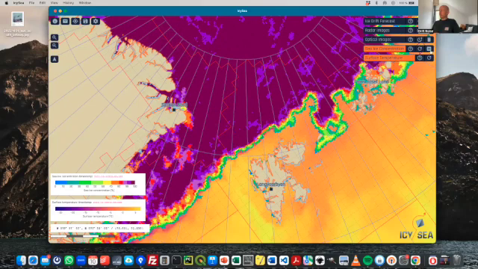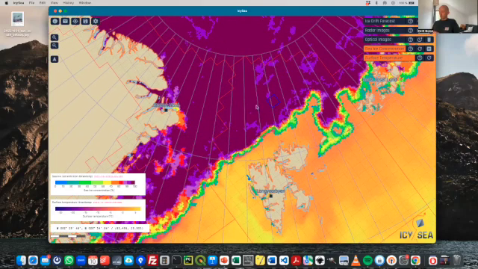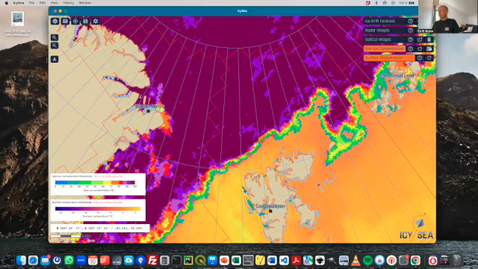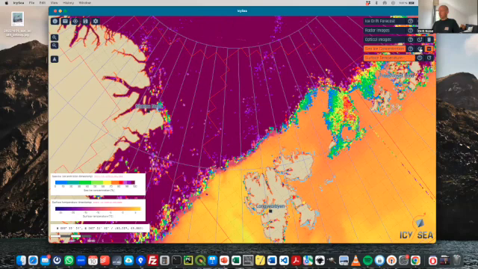This layer can be increased in resolution. So this is a 6 kilometer resolution right now, but there's this little button here, 3K, which would give you the 3 kilometer resolution of sea ice concentration. So this is obviously interesting in regions like the marginal ice zone, where you have a higher resolution of what you see there. Maybe find an area where you can still pass through, which is not visible on the sea ice concentration.